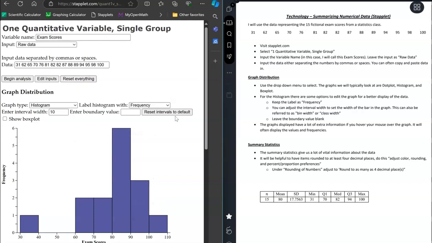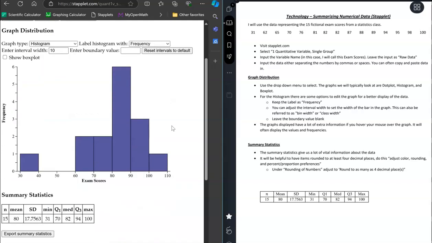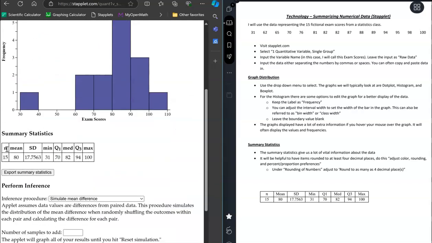Okay, so those are some visual representations of our data. For the summary statistics down here, this is often the information we want to collect in terms of the descriptive statistics. So we have N, mean, standard deviation, minimum, Q1, median, Q3, maximum, and then the numerical values down there. If you're not seeing enough decimal places down here, usually the standard deviation will show if you're seeing 4 decimal